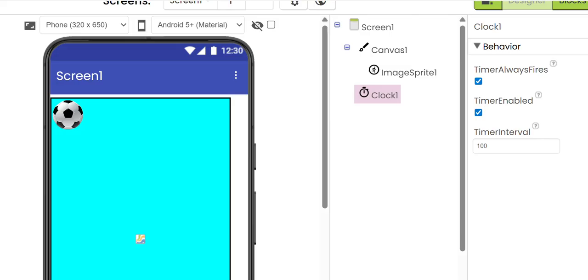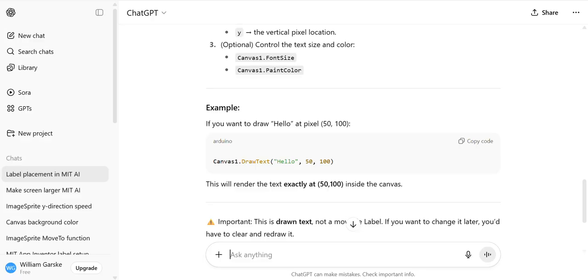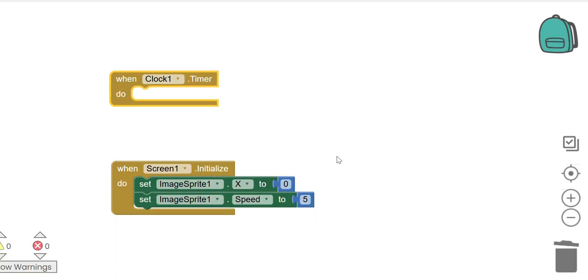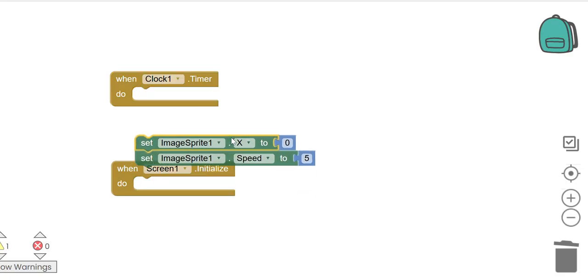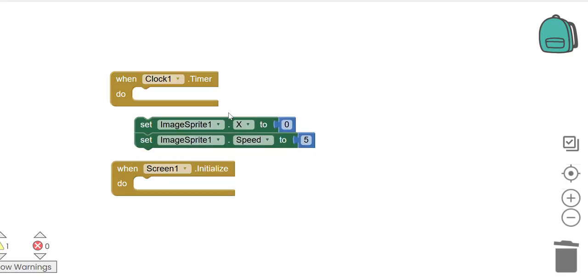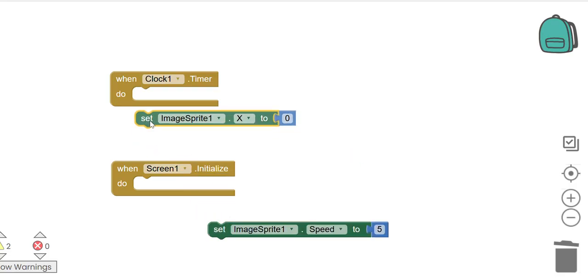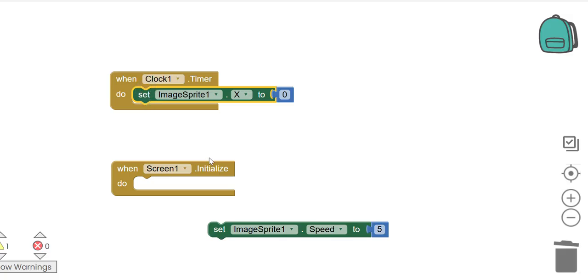And I'll show you what I mean. I can set this to true or false in a second. I'll show you what I mean by that. So I go over here, I go to blocks, and I'm going to set the image sprite X value to be, let's get rid of this, the image sprite X value